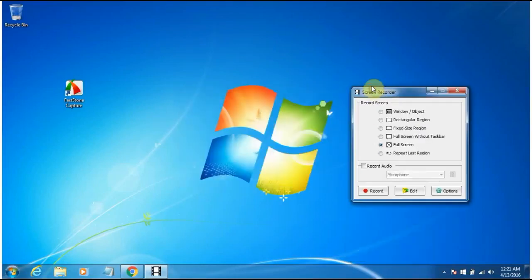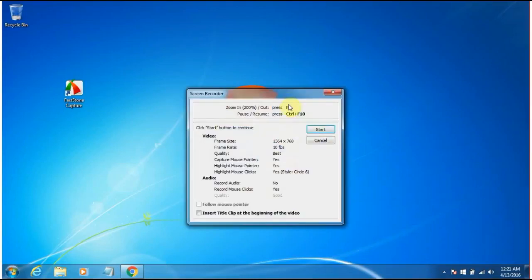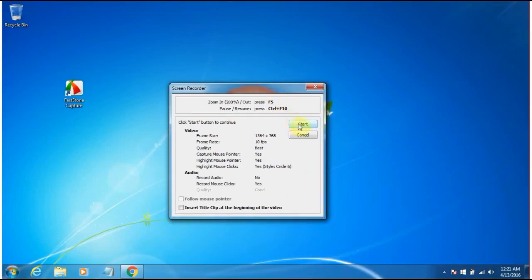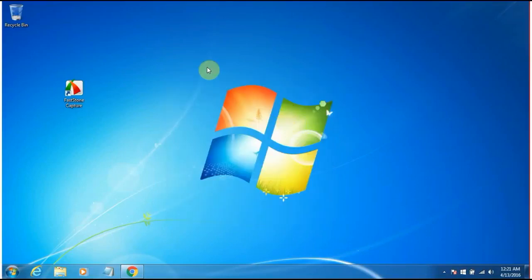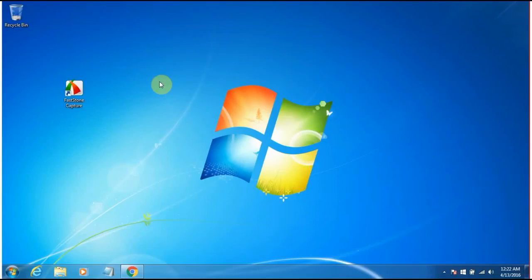So after you have explored all its settings, just click on this record button over here, and then another window pops up like this. This is the final window you're going to see before you record your screen. So just click on the start button over here and the recording has started. Now you can zoom in or out by hitting the F5 key. So if you hit the F5 key, it will zoom in, and if you click on the F5 key once again, it zooms out. Now this is very much awesome software, and if you want to stop recording, you can select Control F10,